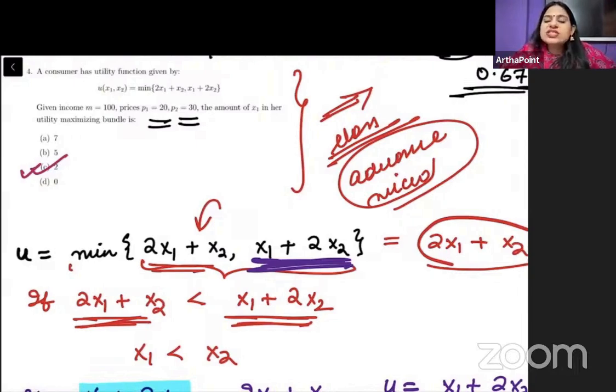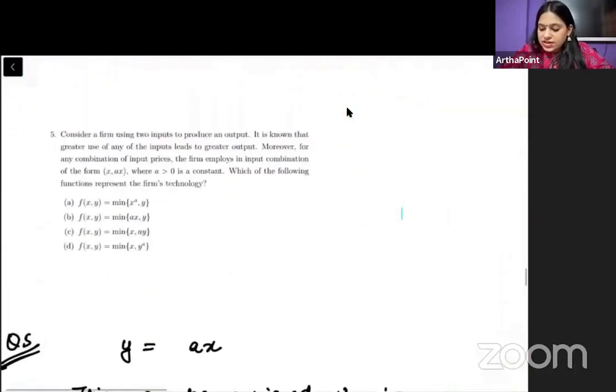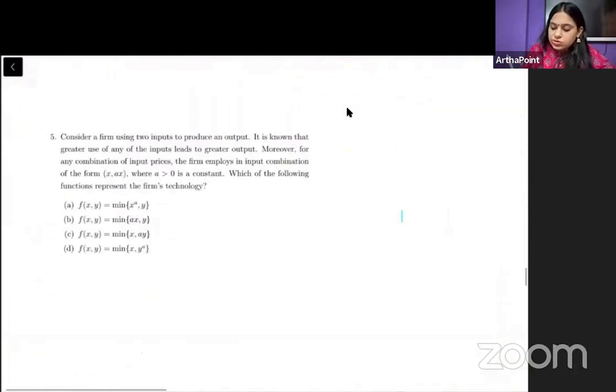These kind of questions can only be done with practice. So the first 3 lectures that I do with you, those 3 lectures have to be revised well. The advanced microeconomics lecture. These are the kind of questions that we have done multiple times in those classes, and you need to go ahead and revisit those classes, right, beta? Okay. Let's go to the next question now. So read out this question.